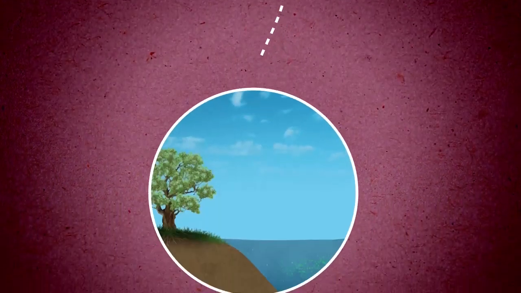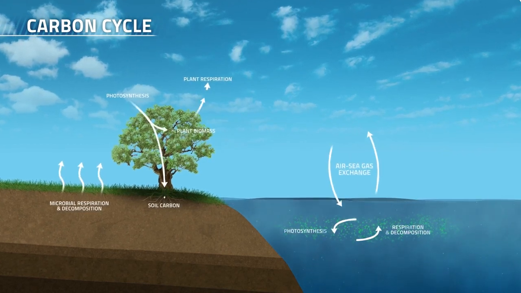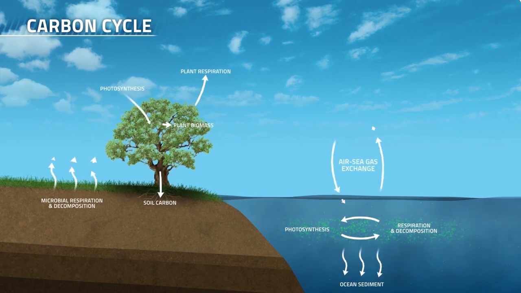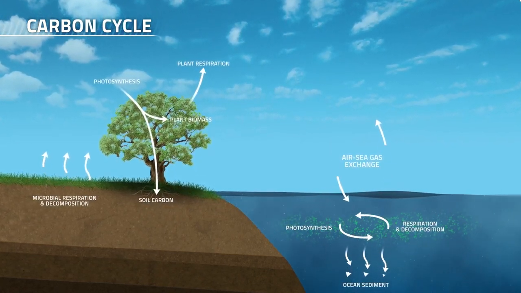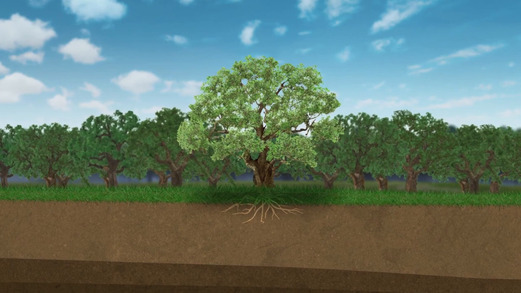To untangle that, we look to the carbon cycle. The carbon cycle is the flow of carbon between reservoirs in the atmosphere, plants and animals, land and ocean. It's one of the key processes that keeps life sustainable on Earth. And at the heart of all this are land plants and aquatic phytoplankton. On land, most carbon is stored in forests.